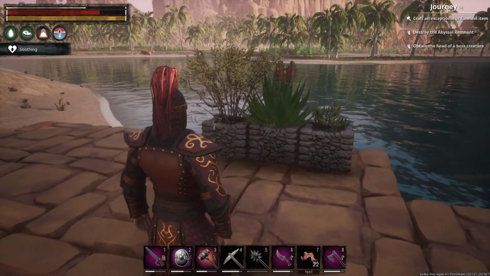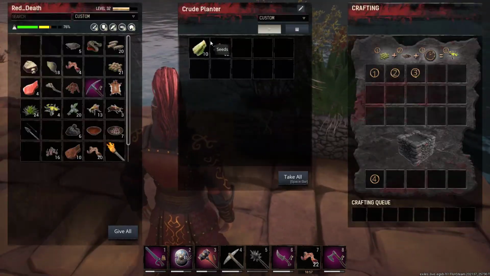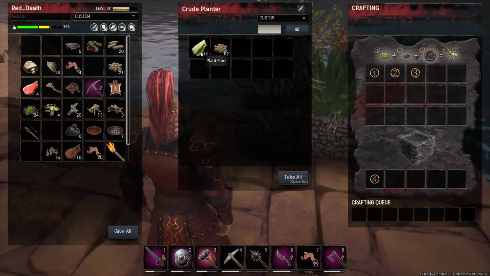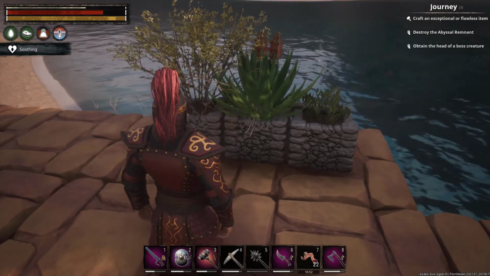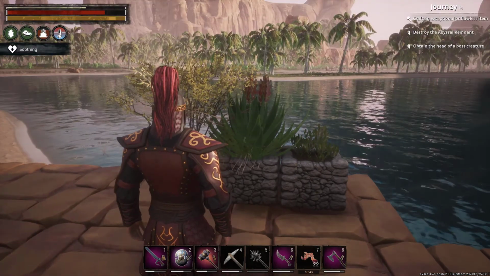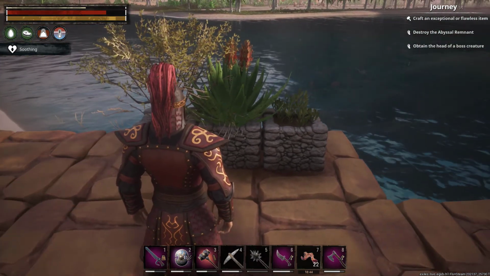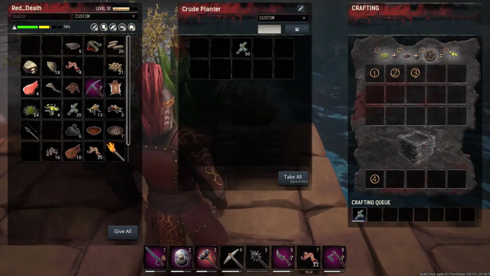With the compost, we can grow plants. Looks like we already have some here. I love how they fill up the pot. Already have some great plant fibers here. You can also grow aloe. Really very helpful to be growing your own aloe. It's really what it's about, is getting into higher level plants like aloe and